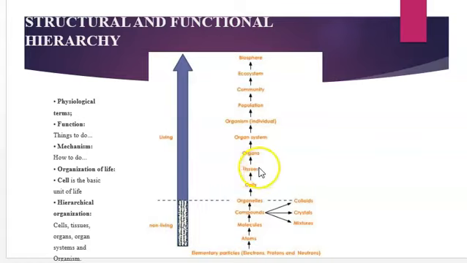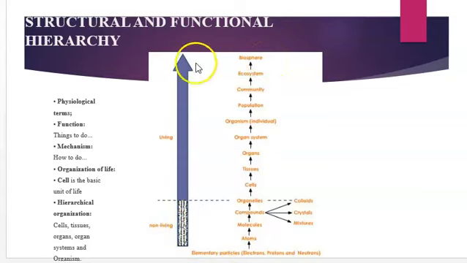The cells combine and form tissues. Many tissues form the organs. Then the organ system is formed, which has different organs included in itself. When the different organ systems combine and work together, we call it an organism, an individual, a person. Then different persons make a population. In a community there are many populations included. We call it an ecosystem when we combine all the communities. Then comes the whole biosphere.